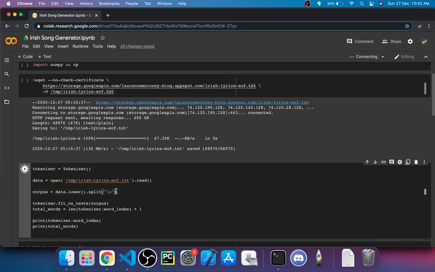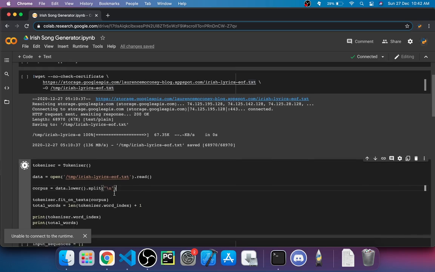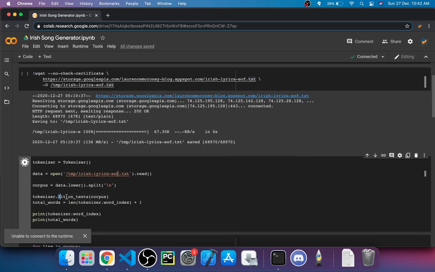So all of the data that we have collected will then go to a new line. Then what tokenizer.fit_on_texts does is it will basically take the tokenizer and apply it to the corpus of the words that we have shown it.